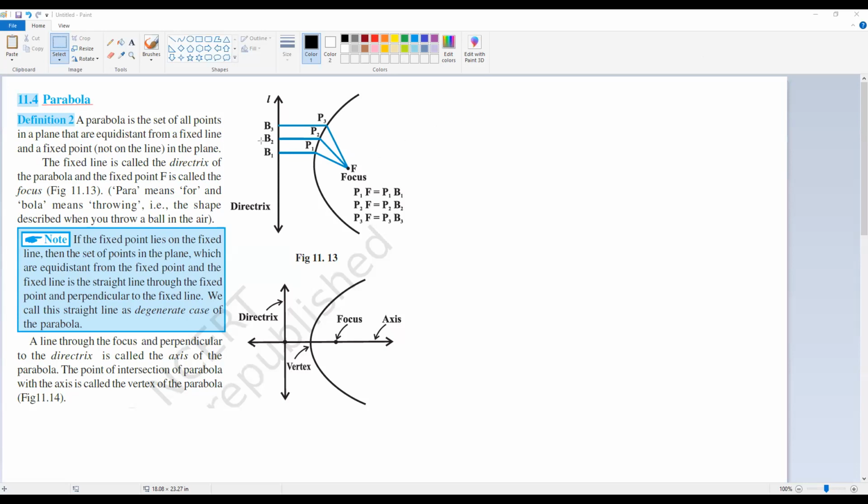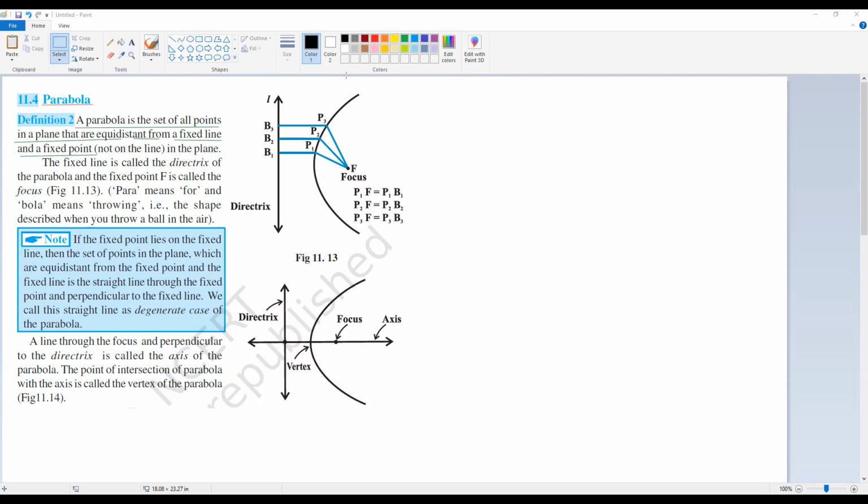Similarly, parabola is a conic section, we know that. And parabola has a special definition. It is like this. Parabola is set of all points in a plane that are equidistant from a fixed line and a fixed point which is not on the line. So like this,